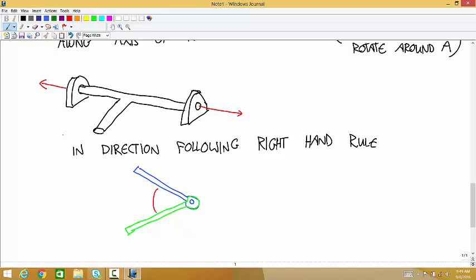That rotation looks like this, the rotation that's produced by that moment. And the right-hand rule, you wrap your fingers in the direction of that rotation, and your thumb